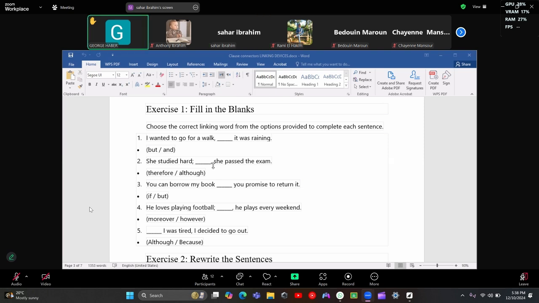Yes, so it's a compound. I'm not asking now about the type of the sentence. I'm asking about the function of therefore. Is it a conjunctive adverb or a subordinator? Is it a subordinator? Surely it's not a subordinator. For the last time, I will tell you